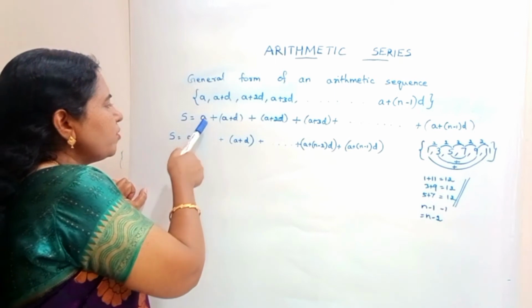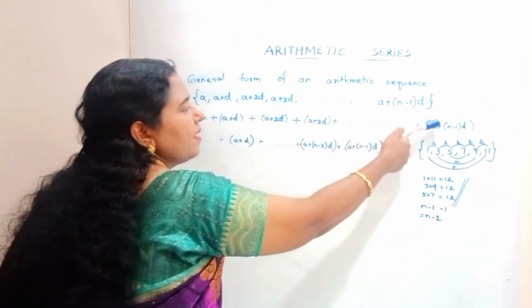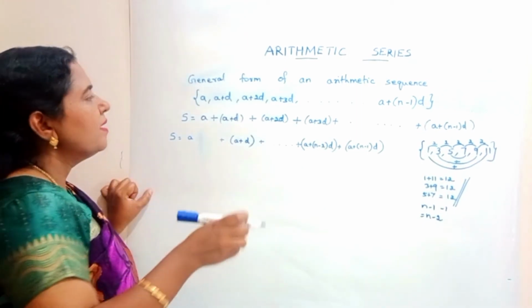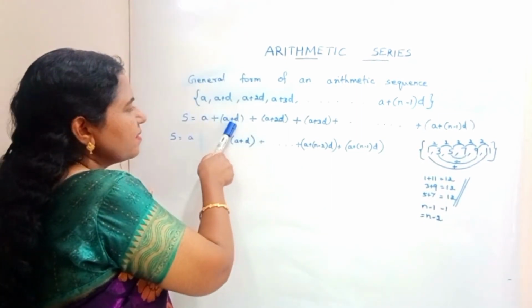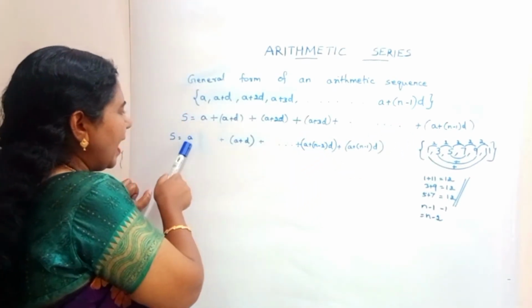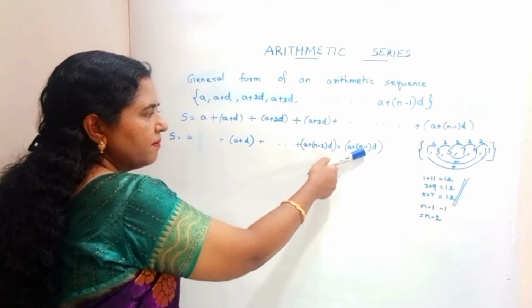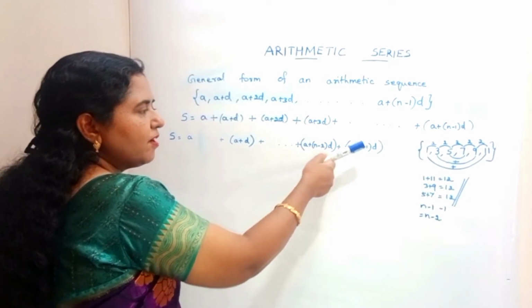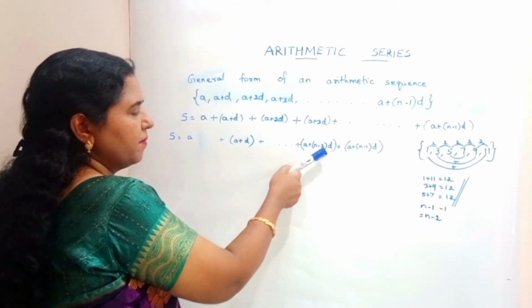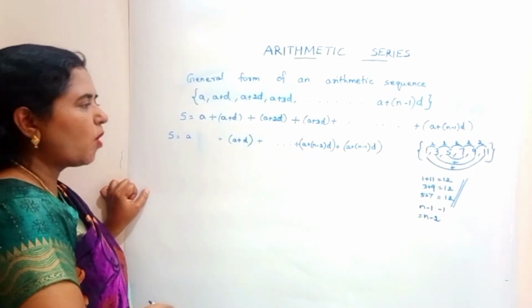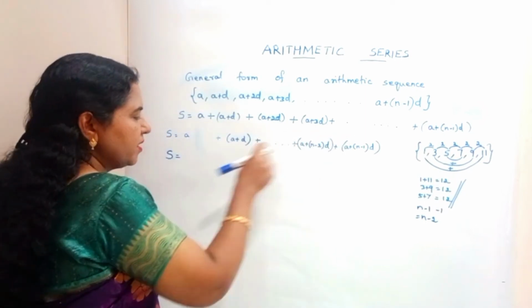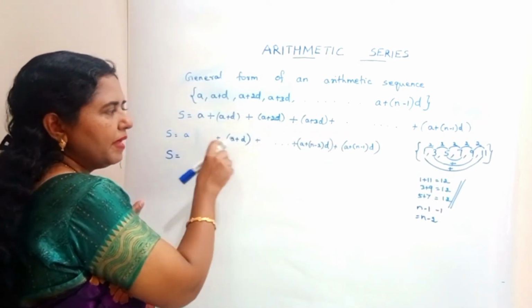So when we are going to add the first term with the last term, we will get a sum that will be same as when we add this with the last before term, that is this term. So when we add this term and this term, we will get a sum that will be equal to the sum of this second term plus this term. So in order to bring that here, what we are going to do is, I am going to write down the same equation in a different form below this.